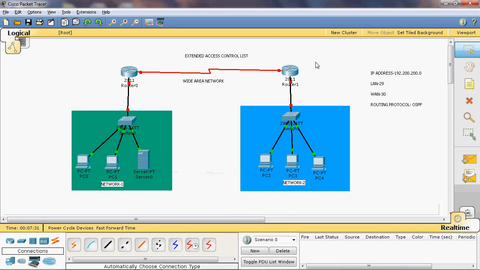Hi friends, in this video tutorial I will explain the concept of extended access control list. In extended access control list we can use source IP and destination IP to block a particular host or a particular network. We can use TCP, UDP, IP and ICMP protocols to allow or deny a particular